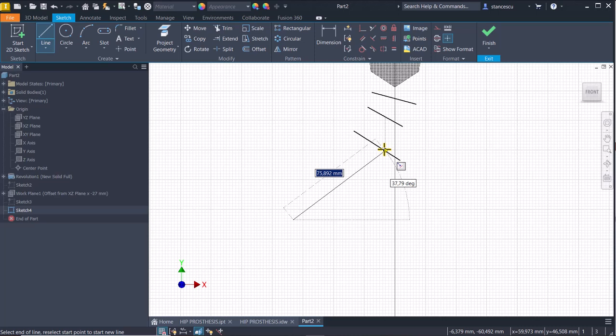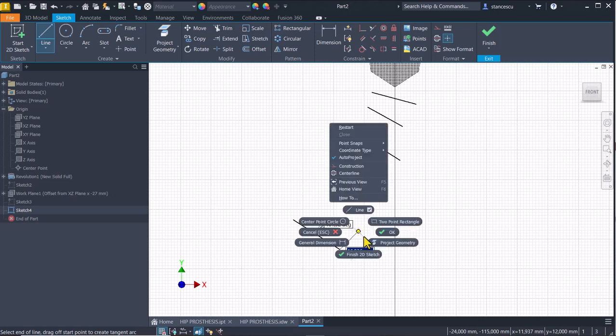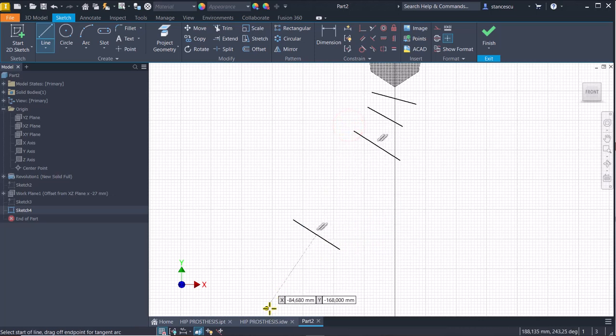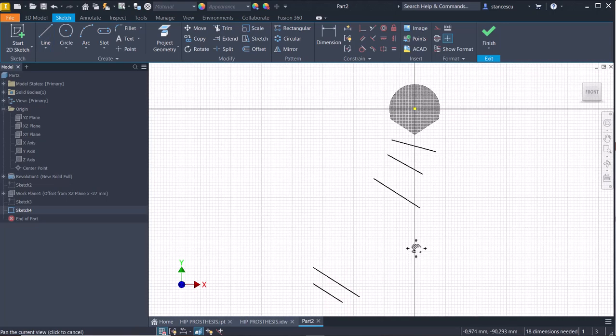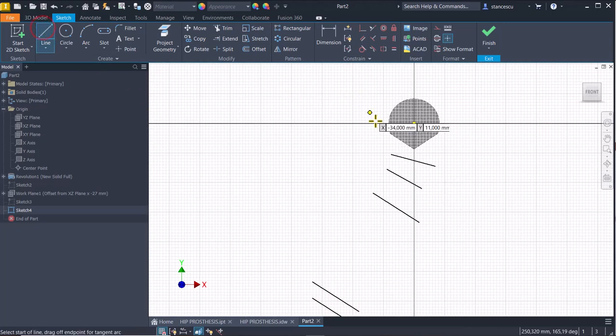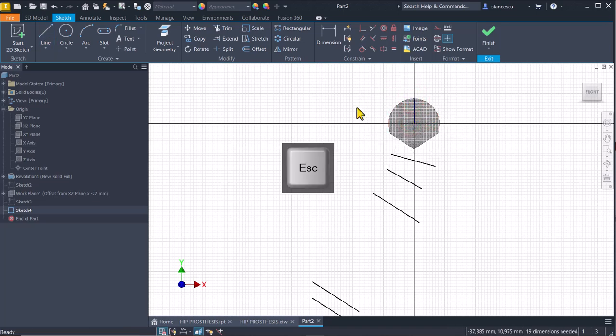I hover on the line, and you see we find the parallel. Restart with a small line, also parallel with this. Good. Now I draw a small line here, a radius of the sphere, which I want to be construction,